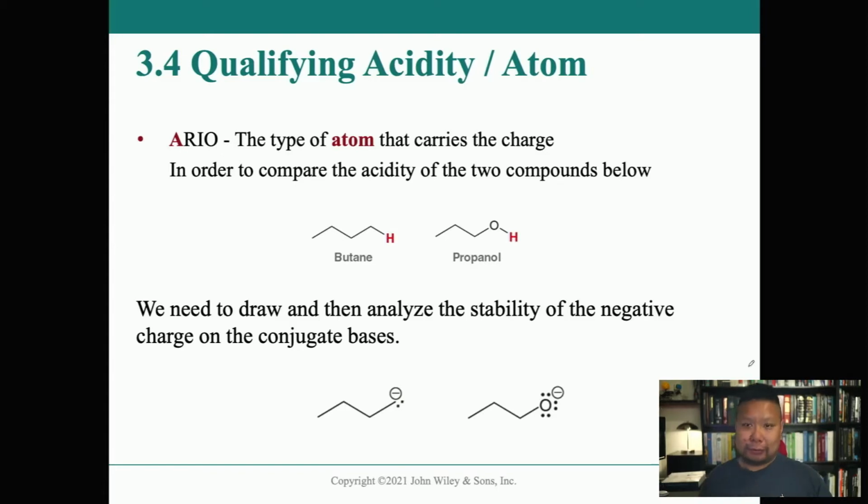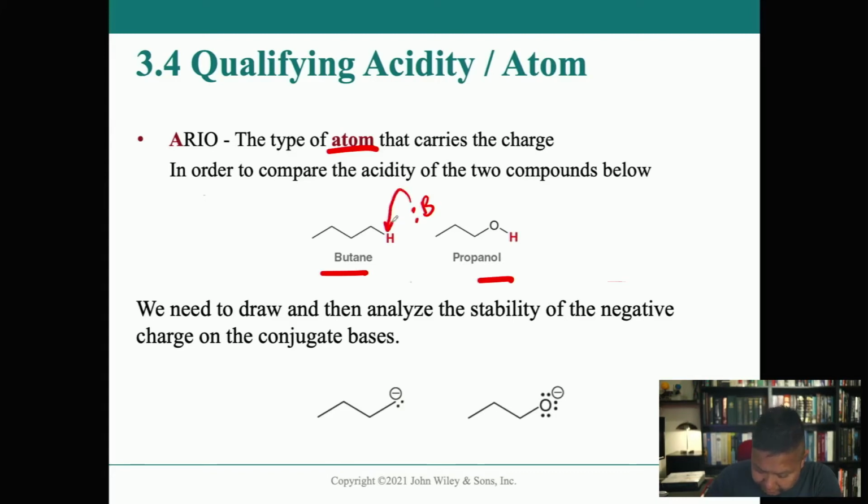So, let's talk about the first one first. Atom, right? The A in ARIO is atom, okay? And we'll compare butane to propanol. We need to draw and analyze the stability of the negative charge on the conjugate bases, okay? So if butane loses this proton to a base, we'll just go ahead and use a generic B for base,